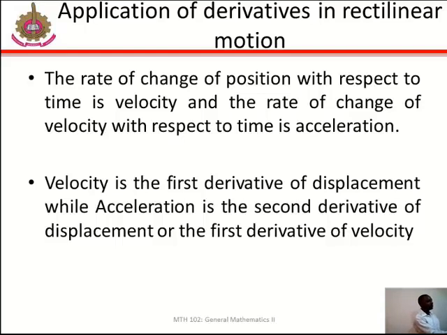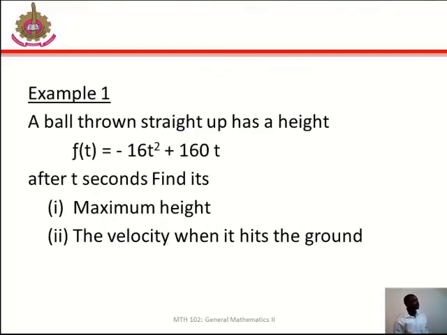Let's solve an example so that you can understand what I just explained better. Example 1. A ball thrown straight up has a height expressed with the function shown on your screen. That is, f of t equals minus 16t squared plus 160t. After t seconds, find the maximum height and the velocity when it hits the ground. In order for you to solve this kind of problem,